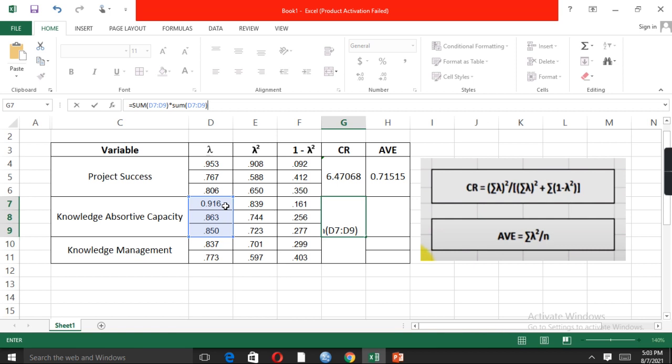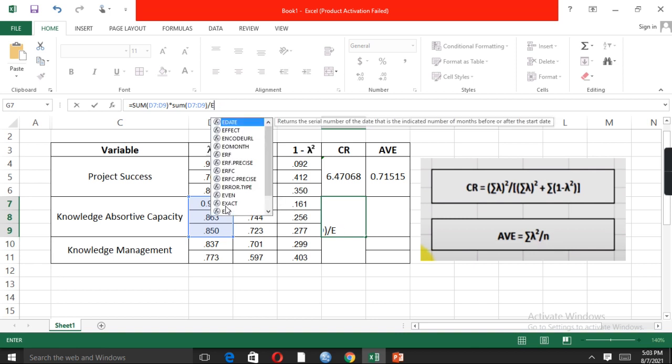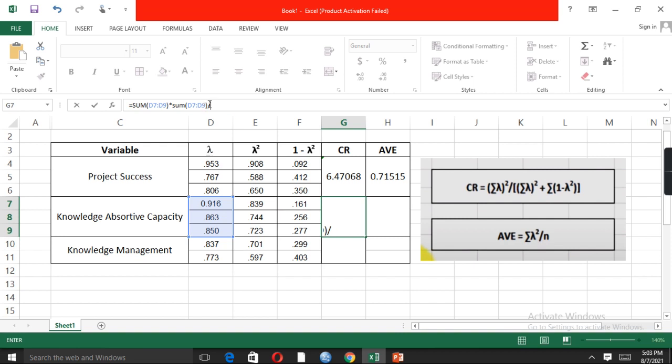If you can see, again the same formula, so we need to copy it and paste there, then divided by, as per the formula, summation lambda square divided by summation lambda square, again copy and paste the same formula, divided by summation lambda square.